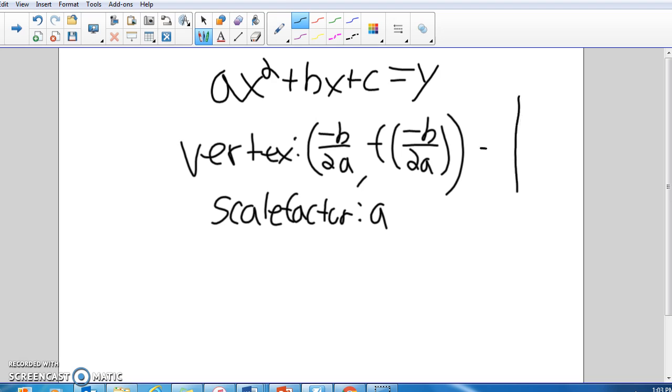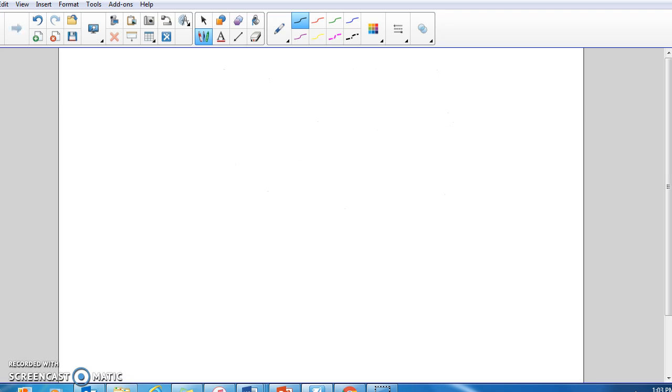So like if it had a high scale factor, it looks something like that. If it has a small scale factor, it would look more like that. And we don't need to really look at that so much when we're graphing though, because we can just kind of plot points, and that makes it easier for us. So if we do some examples with that, if we go down to number 4, and we use the 2x